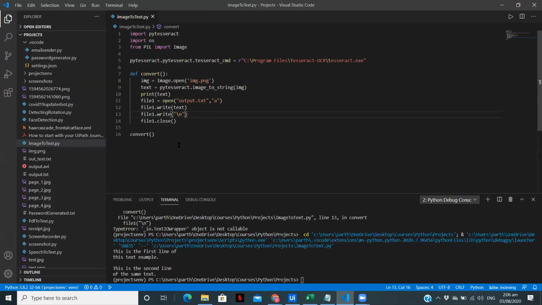So let's do a quick recap of what we saw in this video. In this video, we saw what libraries we need to import and how we need to import and install them for extracting text from an image. After that, we saw which OCR engine we are going to use. After that, we saw how to open an image and use the PyTesseract function to extract the text from that image. After that, we ran it and got the output using the print statement. Now the last advancement we made in the code is we wrote the data into a txt file. So every time you extract the data, you must be able to save it.